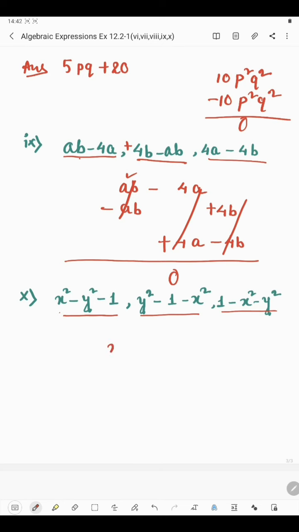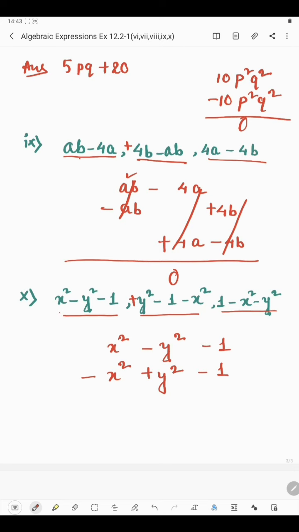In the first expression we have x square minus y square minus 1. Okay, now in the second expression we have y square at first, and in front of y square no sign is present, so it will be plus, so it's plus y square. Then we have minus 1, 1 is the constant, right? So we'll have to write below minus 1, this is the constant part, and then we have minus x square, so we'll put below x square, and along with this we will have to put the sign also.